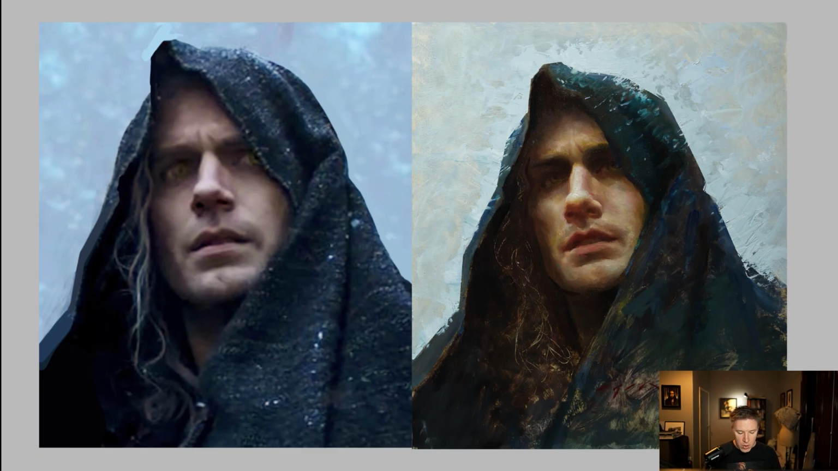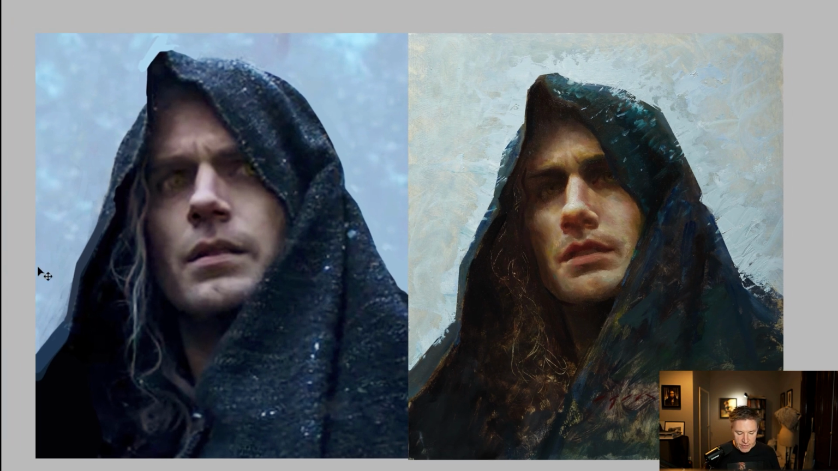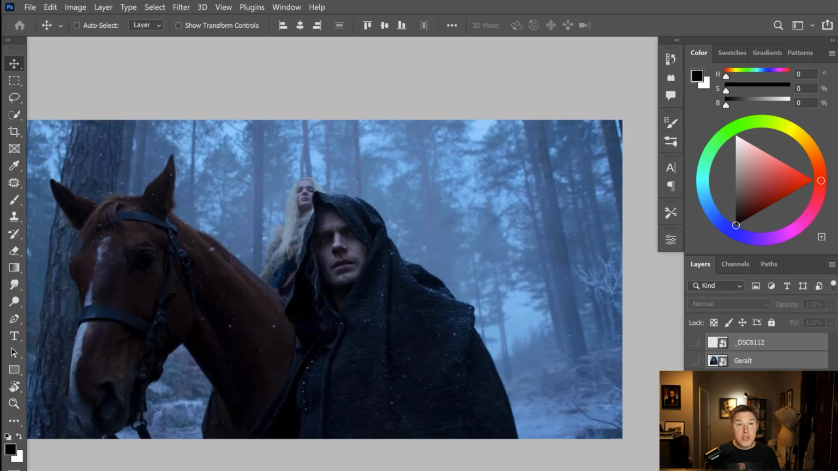Today we are going to talk about the sketch of Geralt of Rivia I've done recently, and I will show and explain the most important decisions I've made before, and we will talk about the process later. So this is the result, this is the reference, but before we look into the process, let's talk about